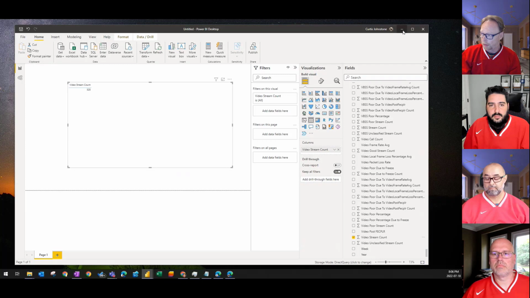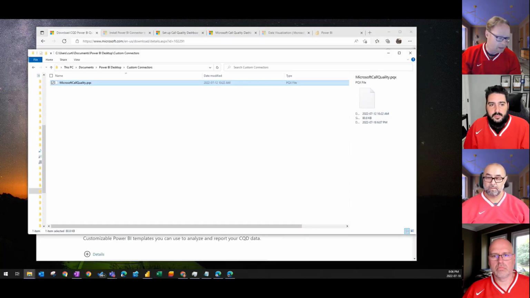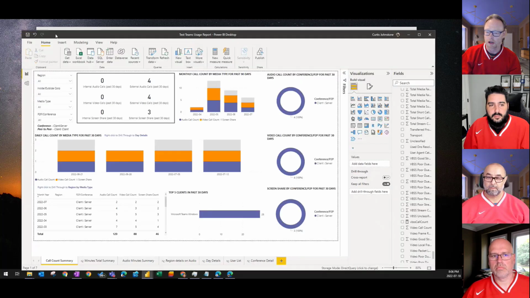And I'll quickly show that. So this, you could start building a report right away, save it as a PBIX, and there's your report. And once you have that built, you can publish it to the Power BI service, and then you can share it. What we'll do here is, just to save time, I've gone in and loaded one of those query files